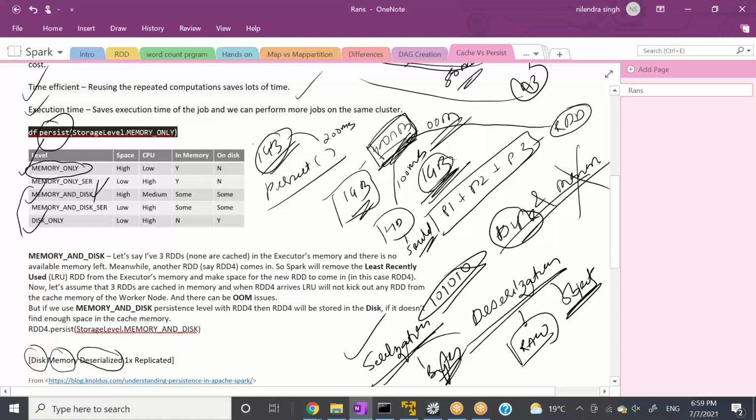So serialization will make your data more compact, and it can store the data onto disk or memory in a better way. Now coming to when to go for serialization and when to go for deserialization. One thing is very clear: when we want to store less data and have more compaction, we will go for serialization. The benefit of serialization is it will compact the data, so the storage will be less.